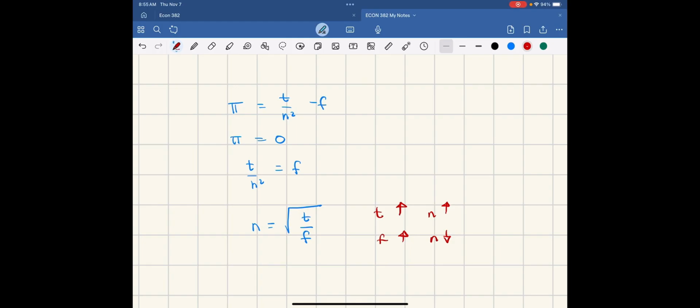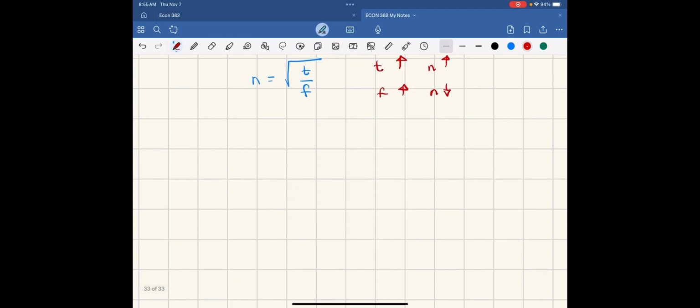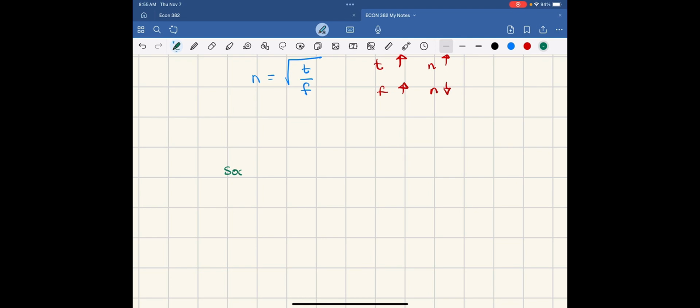Now the question we want to think about is what's the socially optimal number of firms in the market? So we think about socially optimal. Well, we can think about trying to minimize total costs. So one thing we have is the social cost is equal to the marginal cost plus the number of firms times the fixed cost plus